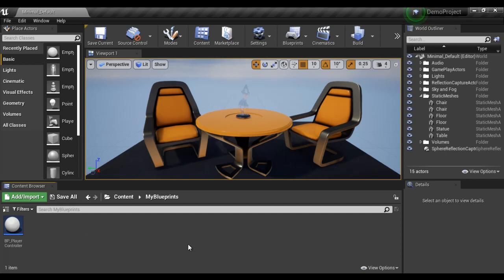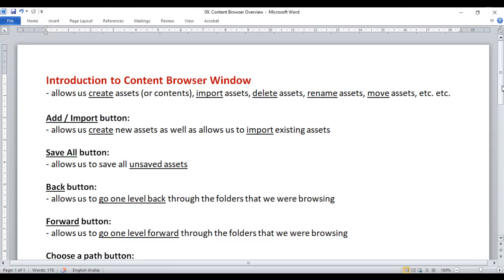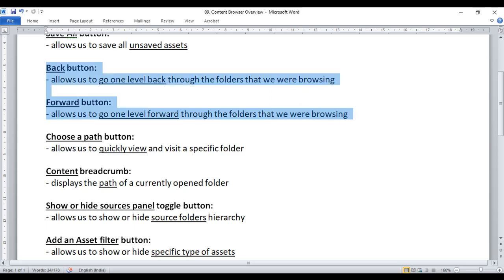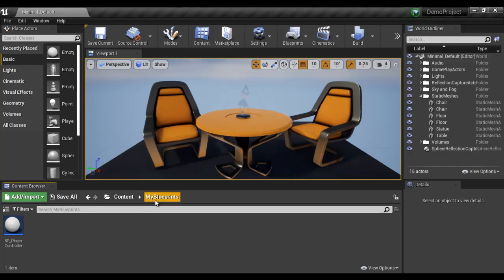Okay, let's proceed further. Next we have back button and forward button. Back button allows us to go one level back through the folders that we were browsing. Forward button allows us to go one level forward through the folders that we were browsing. For example, now we are in the my blueprints folder.